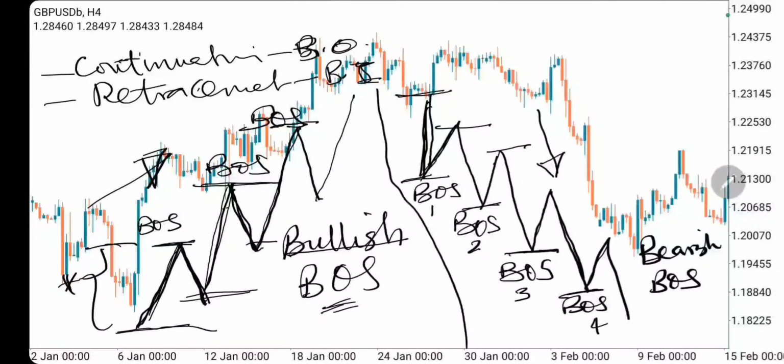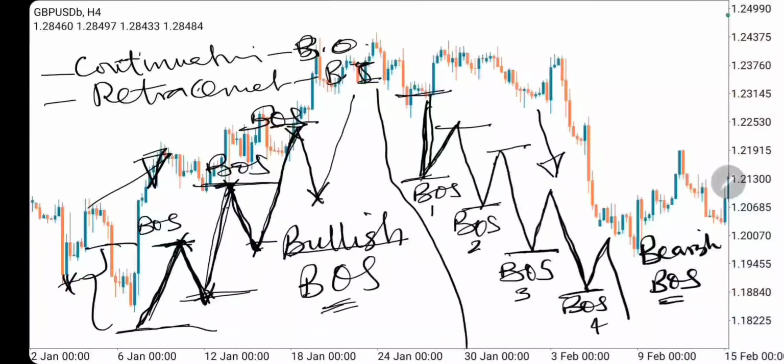It results in higher highs and higher lows, while the bearish break of structure results in lower lows and lower highs. Okay. This is a higher high, higher low, higher high, higher low. All right, but this is a bullish break of structure occurring, resulting in higher highs and higher lows in a bullish phase.